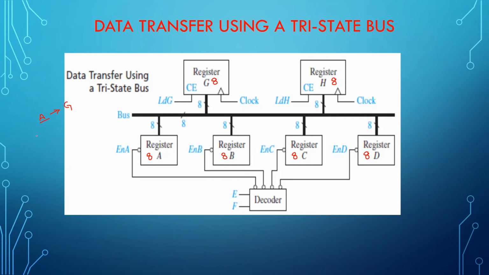So first thing you do is, you make your enable signal low, because there's a bubble here. Once you give the enable signal low, the tri-state buffer connected after this will be activated. After this is activated, the data is ready to go to the next register. But the data available after the tri-state buffer should be accepted by this register, right? So I need to make my load G signal high.